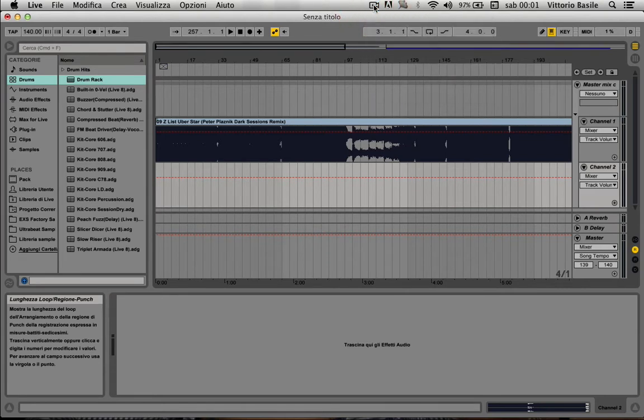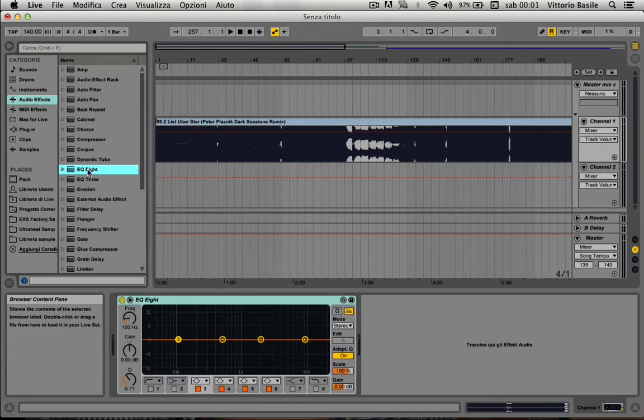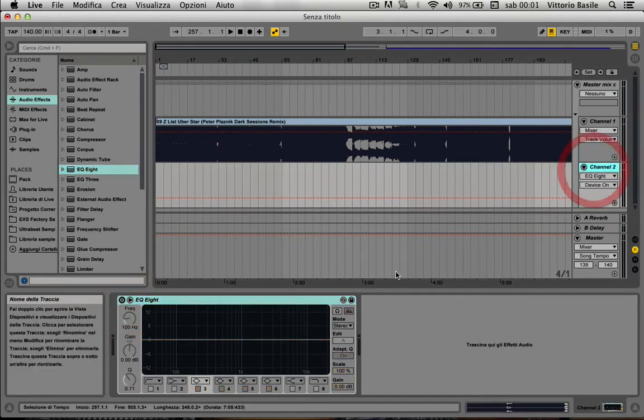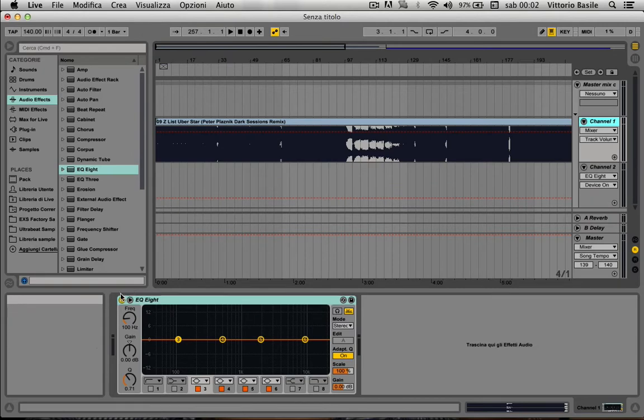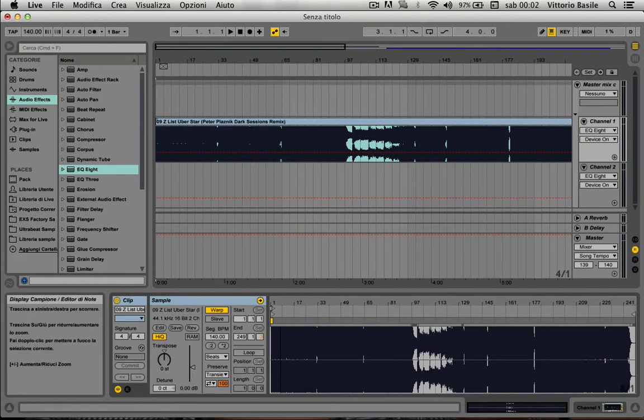I just add some effects to each channel. For example, I very often use an EQ8 in Ableton Live. I add it in each channel and turn it off for the moment, and use it only when I need it. This part you can see here is the effect section, and this other one is the sample section where you can